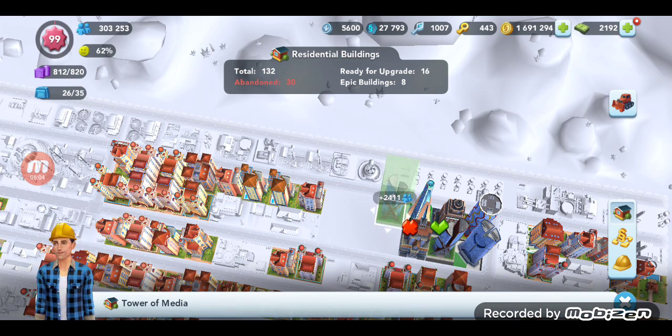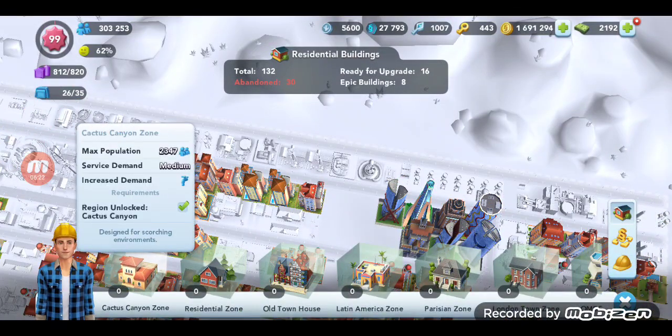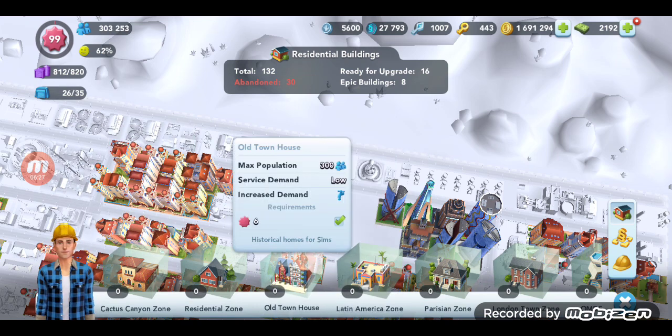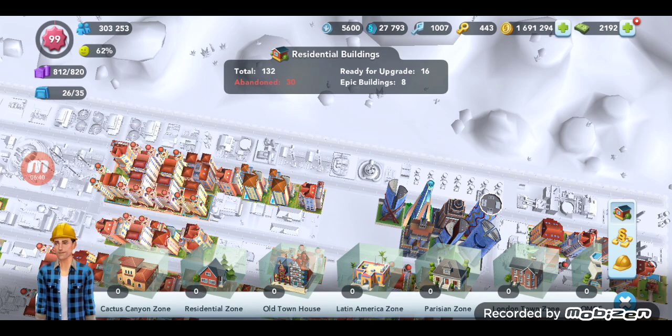Now, let's say that you don't want to build that many epics on there. What else can you do? What other homes can you build that would get you the 10 million pop relatively easily? Any regional pop is going to be the same. So this one here is 2347. Then you have Latin homes at 1836, and you have Old Town at 300. So for just shy of about 100, roughly 100 pop, you can avoid the epics and do regional pop,